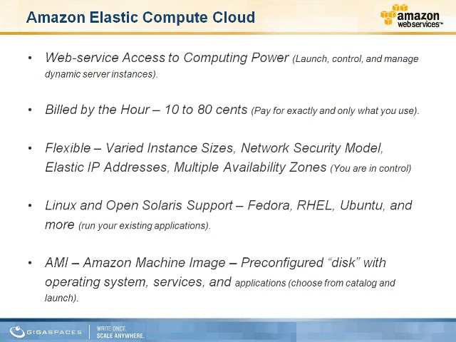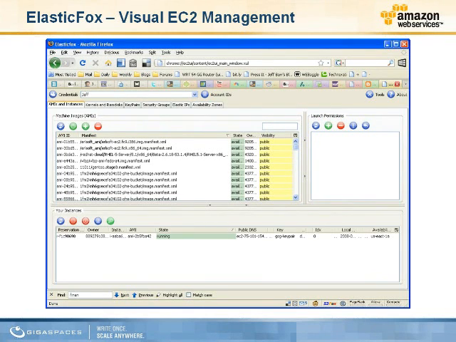At the core of EC2 is something really important called an AMI, an Amazon Machine Image. The AMI is a pre-configured disk with your operating system, your services, and your applications loaded on there, configured, and ready to boot up. We have a large catalog of pre-built AMIs, but you as a developer can also build your own AMI and customize it with exactly what you would like to have start up when you launch your machine instances. And also, as you'll learn just a little bit later, GigaSpaces has built their own AMI with their server built onto that AMI, and you'll learn soon how that actually works in conjunction with EC2 and the cloud. Let's go to the next slide, please.